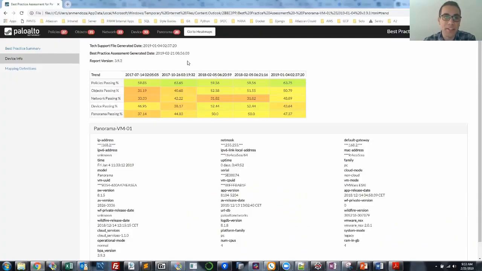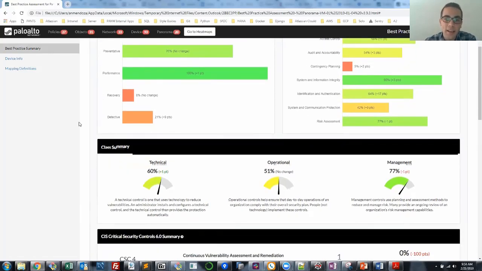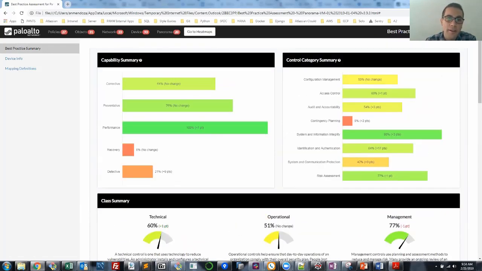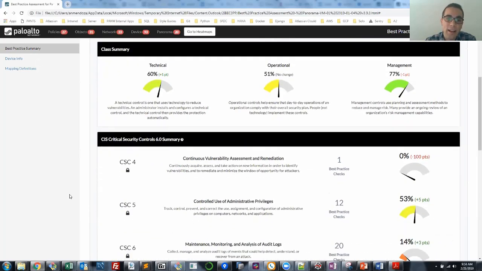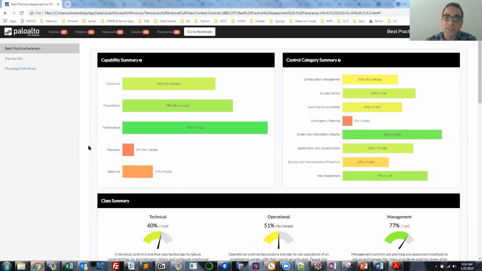All right, cool. So what is number 3, passing percent by check-ID? Do you want to take it? Yeah, sure. I can start for this, and then Sam, if you want to chime in. So if we look at the summary for the best practice assessment, we're basically taking all of our checks and aggregating them into these different categories, mapping them to these different categories. So we have capability, control category, class, CIS critical security control. And so we're mapping these and showing passing percentages. So basically the number of checks that mapped to that particular category, how many are passing versus how many total,